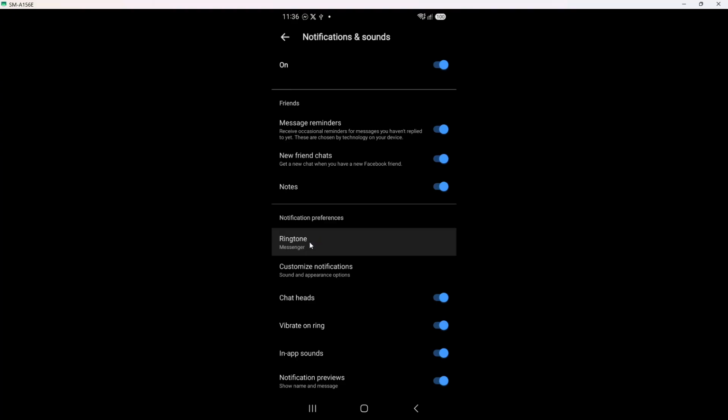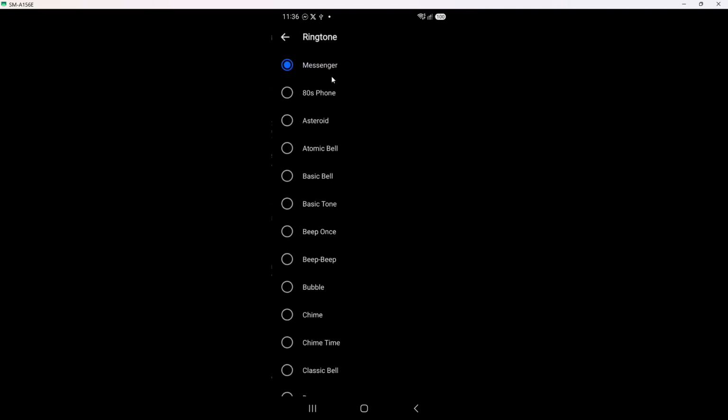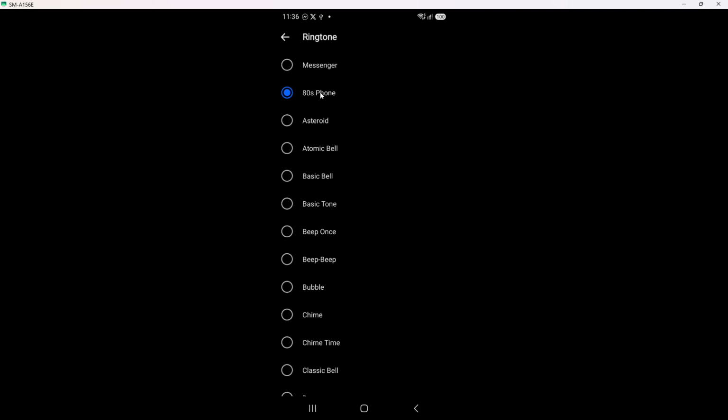Next up, tap Ringtone. It should be listed within this Notifications and Sounds page. Once you tap Ringtone, a new window appears with a list of available sounds on your phone. You may see names like classic, digital, or custom names added by your phone maker. Usually a small dot or highlight shows which tone is currently active. With that ready, choose your preferred ringtone.